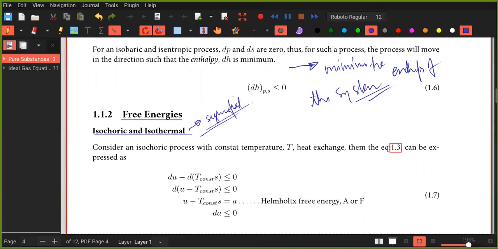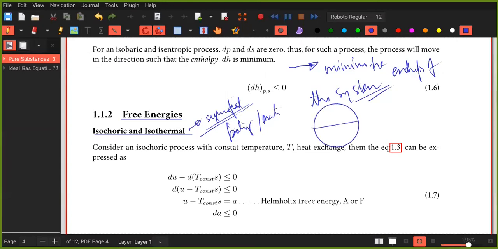Okay, this can be achieved, especially in case of boiling or melting. If we have an enclosed container, we have a fluid and we add heat to it. We'll look into pure substances. In this condition, when the fluid reaches its saturation point,